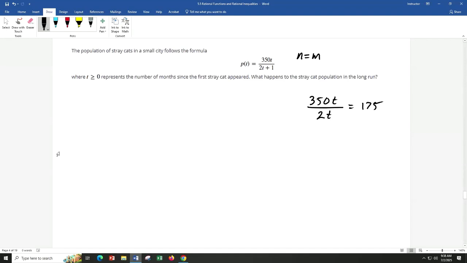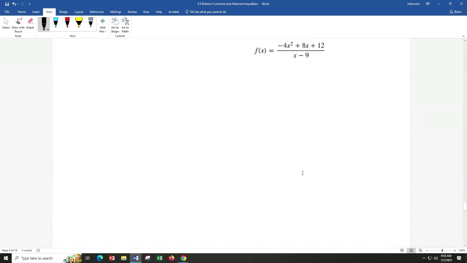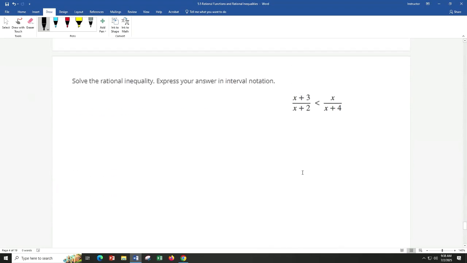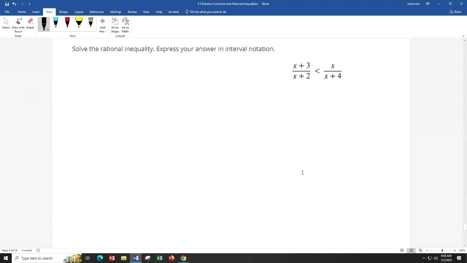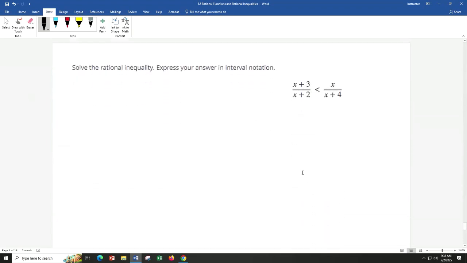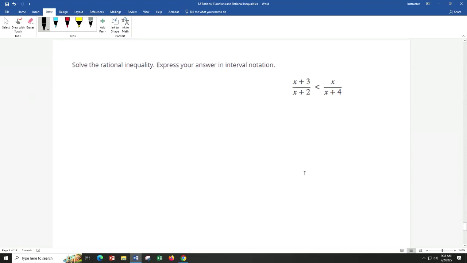And then, let me see here. Last one. I'm trying to see if there's a hard one. That one's easy. Let me show you how to solve one of these guys right here. Just very quickly, okay? All the other ones, if you look at the note, they're very self-explanatory, but let me show you how to solve an inequality, okay? First thing you gotta do, gotta factor. This one's already factored, right? But you gotta factor everything. Okay? So like I said, very, very quickly,